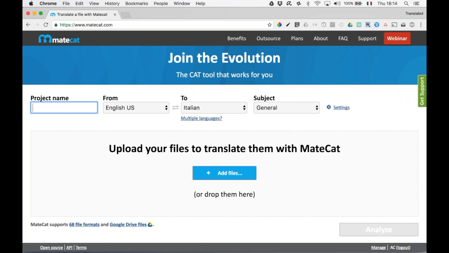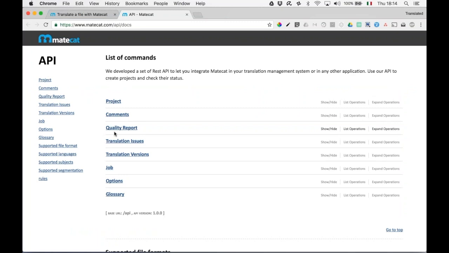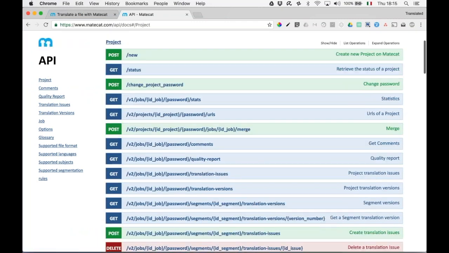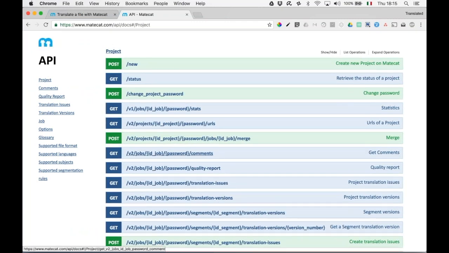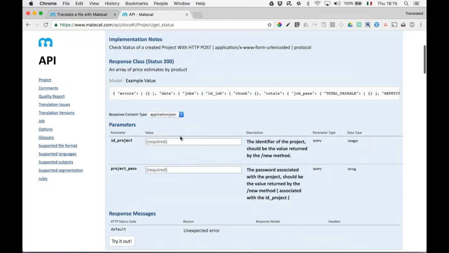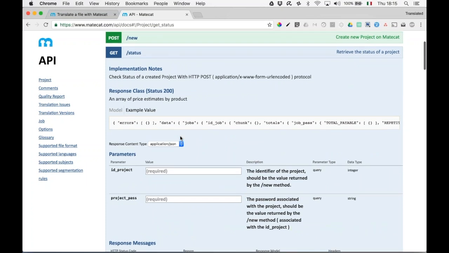Now, this is pretty technical, so please don't be scared about what I'm going to show now. In the bottom bar, you can click on the API link, and you will see a list of all the methods that we support to create a project, to generate comments, to retrieve the quality report, and all that. If you click on that, it gets even worse for those who are not technical, but I'm sure Jorge will appreciate the fact that we have so many APIs that you can play with and use to integrate in your